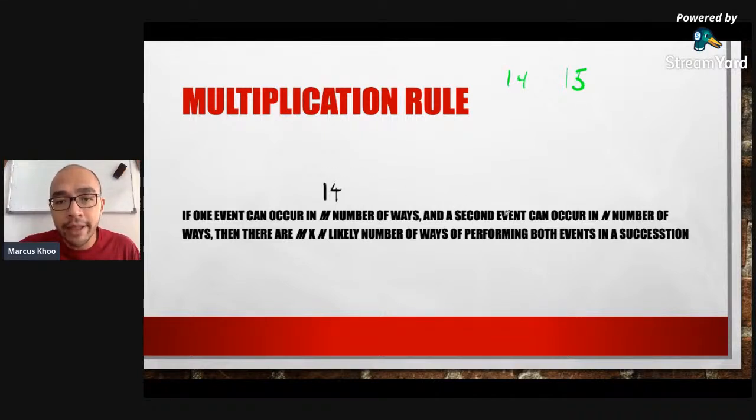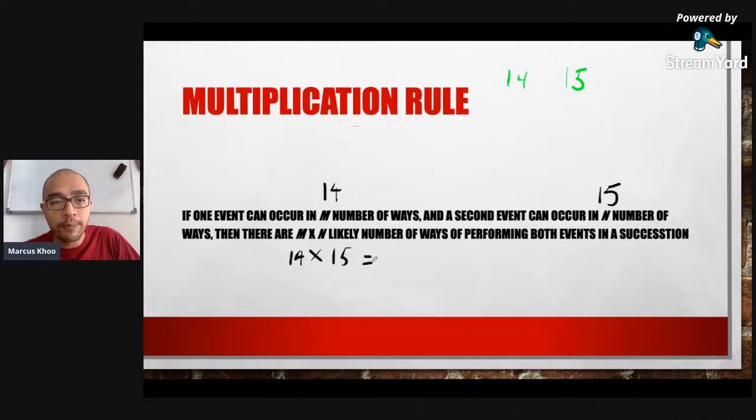And the second event can occur in n number of ways. Let's say the second event is I want to choose one girl. So for the second event there are going to be 15 possible ways for me to choose. Okay, so how many pairs can I get? Berapa banyak pasangan yang saya boleh dapat is m times n. The number of pairs that I can get will be 14 times 15,